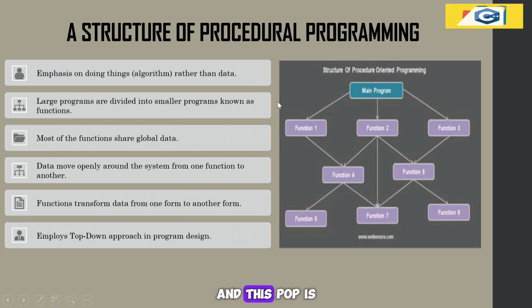And this POP is divided into small functions. If we have a complex program which involves repetitive tasks, for example I need to add numbers 5-6 times or more, instead of writing the same code again and again, we can have a function which adds two numbers and then call that function 5 times, 6 times or more.